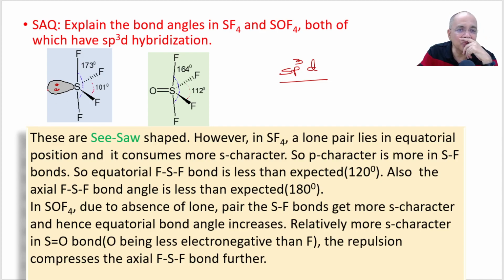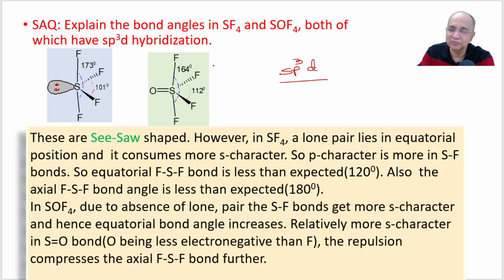Rather, this will push on this side, the bond angle is more than 90. So 360 minus 173 will be greater. So this angle will be more, but we are not interested in this angle. We are interested in the FSF angle in the axial positions. It is 173. And very interestingly, when it is replaced by an oxygen, this is